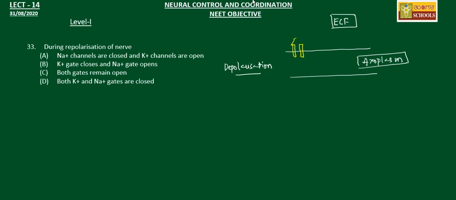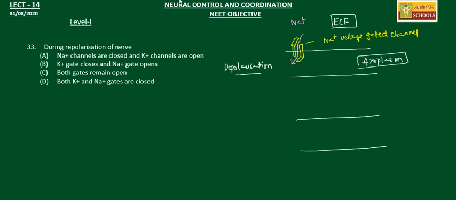So here is a voltage gated channel. So this is a sodium voltage gated channel, right? Now through this, the sodium ions present outside will move into the axoplasm, causing the charge reversal, that is depolarization. Now during repolarization, so the next step,